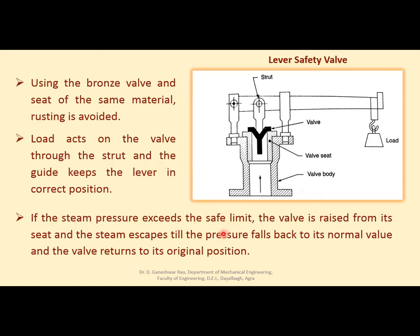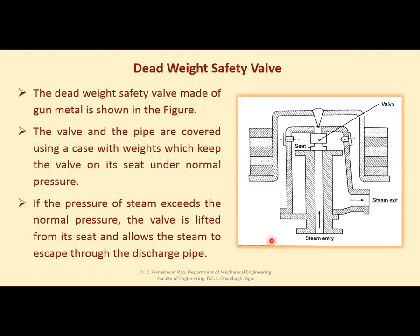If the steam pressure exceeds the safe limit, the valve is raised from its seat and steam escapes till the pressure falls back to its normal value and the valve returns to its original position. This I have already discussed. Now, the other type of valve is